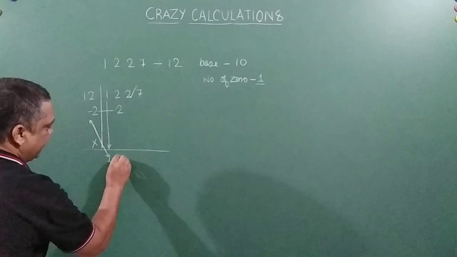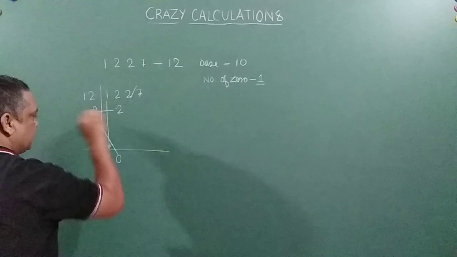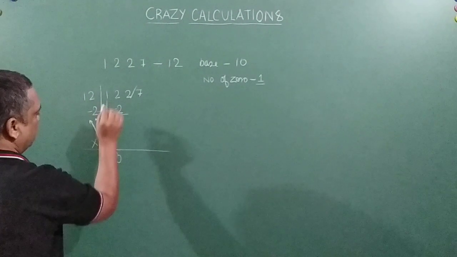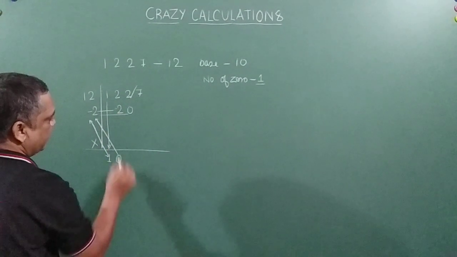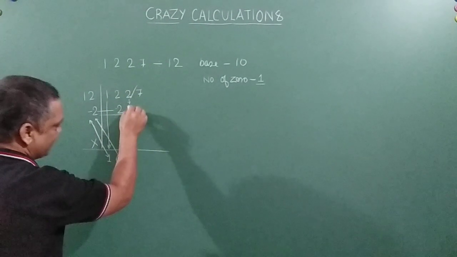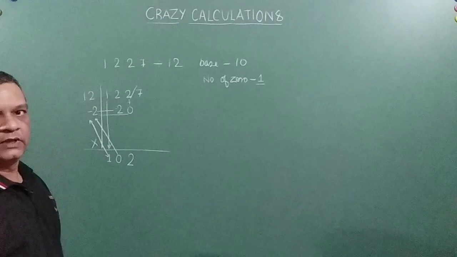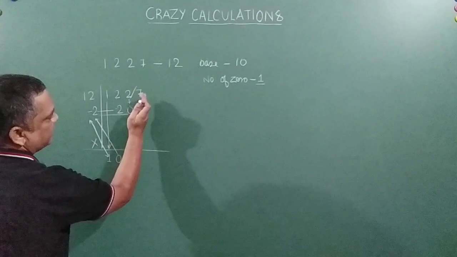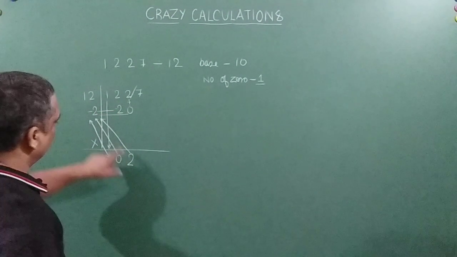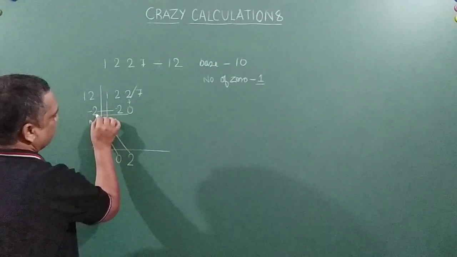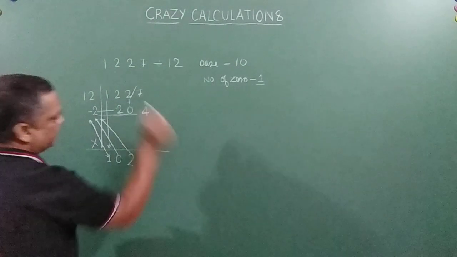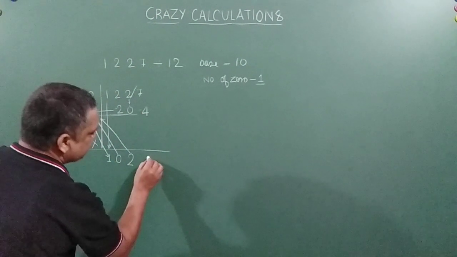Now again the product of this and this, right? And the product has to go to the third column now. So 0 into minus 2 is nothing but 0. Okay, so this goes to the third column. Now this and this get added here. This plus this, so 2 plus 0 is 2. You are getting my point? Now since we have not reached the last digit, one more multiplication. So this and this will get multiplied. Again 2 into minus 2, product is minus 4, right? Let's take it up in the last column, minus 4. You are getting my point, right? So this plus this is nothing but 3.